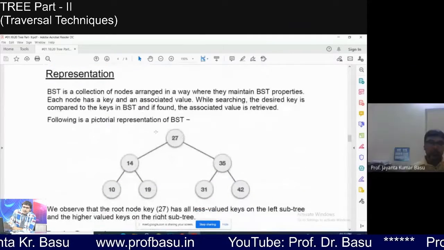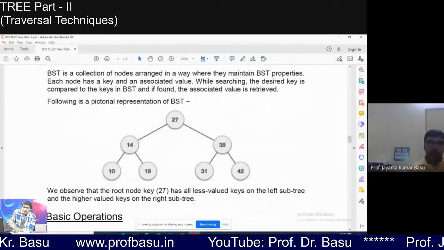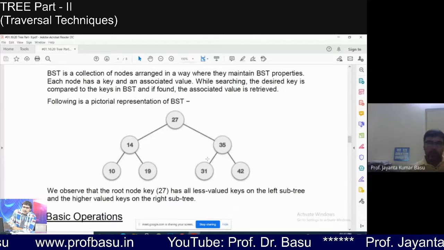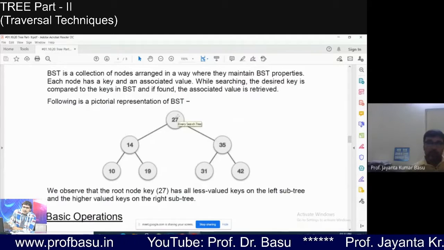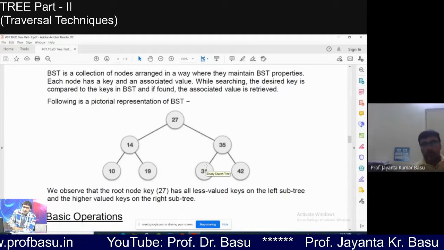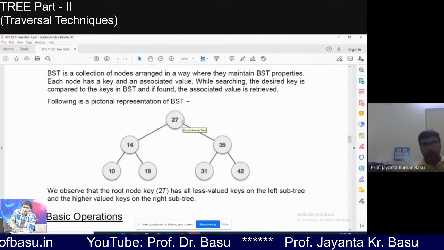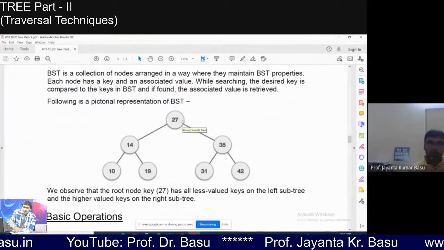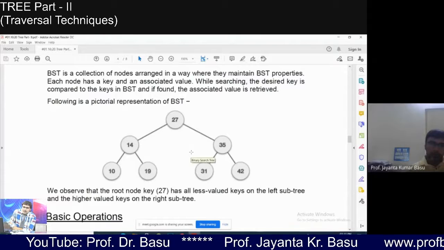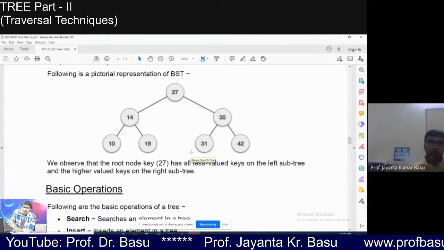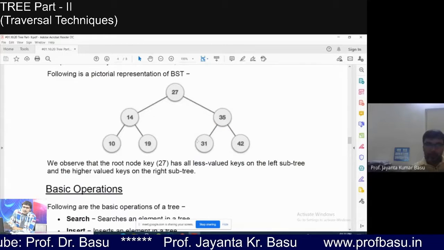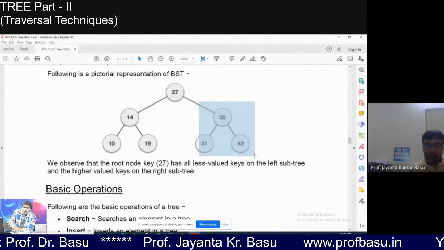You can see that all the values in the left subtree are less than 27. All the values of the right subtree are greater than or equal to 27. Here no node is equal to 27. But if you get a node of equal value to its root, then it will come on the right side, the right part. And again I am telling you, the right part of the subtree, not the right part of the picture. The right subtree means this part on your right side, right?